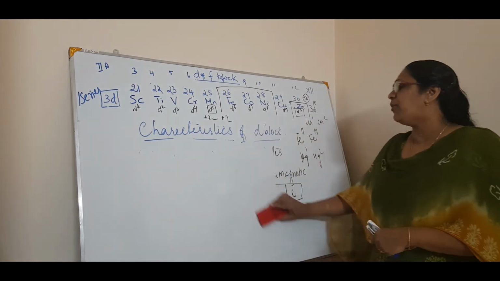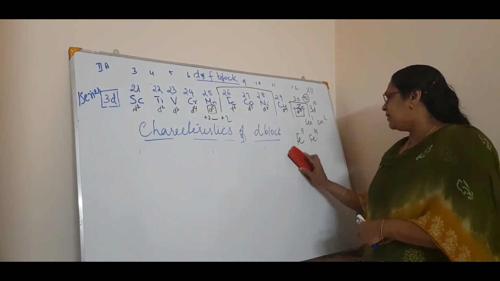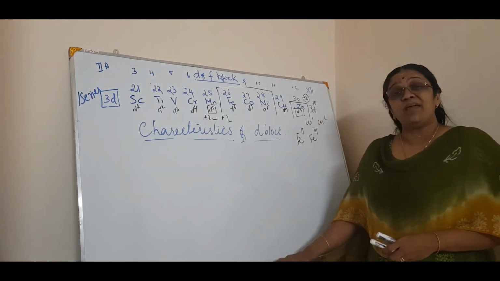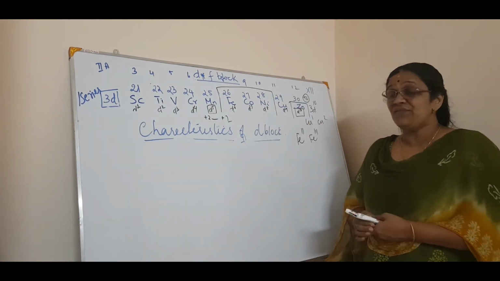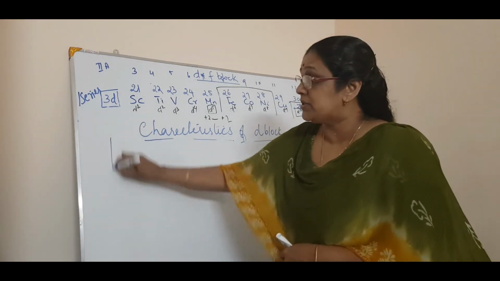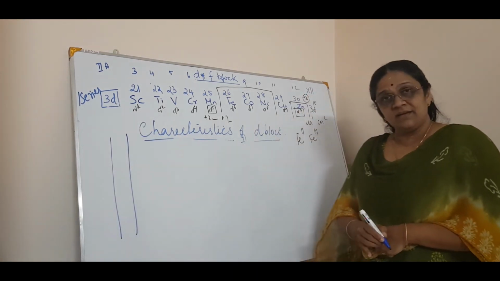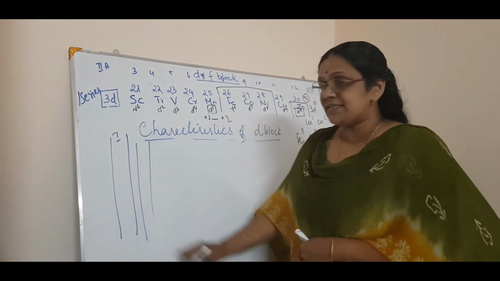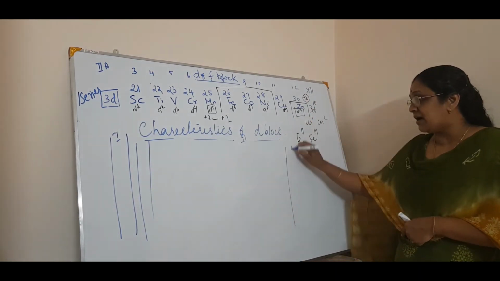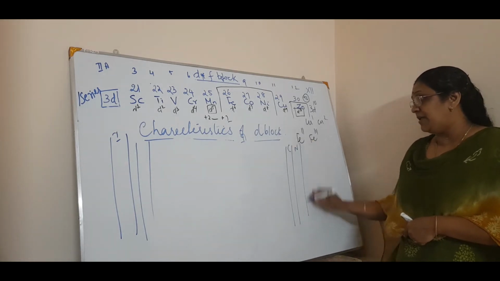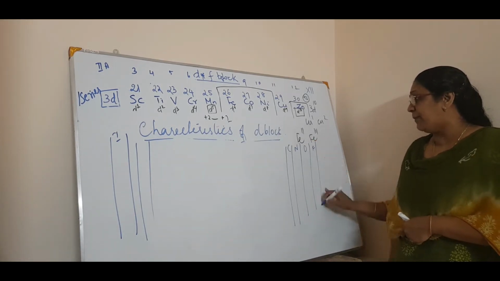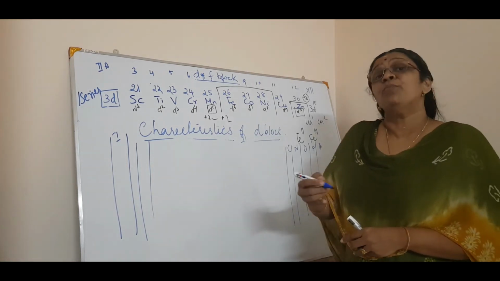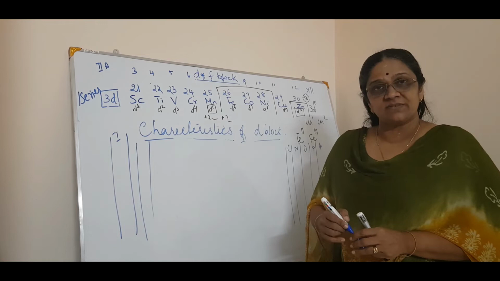Now one more important thing in transition elements: when we study the p block and s block, normally we study the trends along the group, isn't it? You will say first group elements, or second group elements, or coming to the p block you will say carbon family, nitrogen family, oxygen family, fluorine family, then noble gas family, etc. The trends we talk about more in the groups.